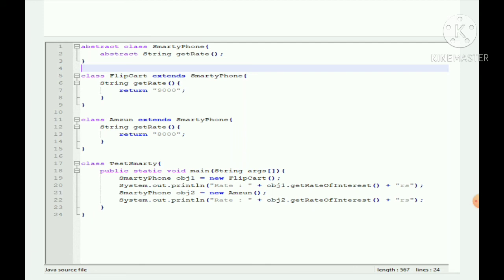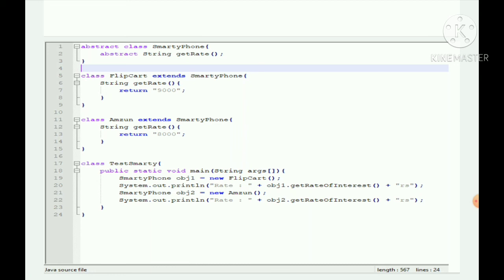That's the reason my abstract class is getting extended in the Flipkart class. And what they are doing is implementing the getRate method, writing String getRate and returning the value. Okay. In the same way, in line number 11, class Amazon is written and it extends Smartphone.